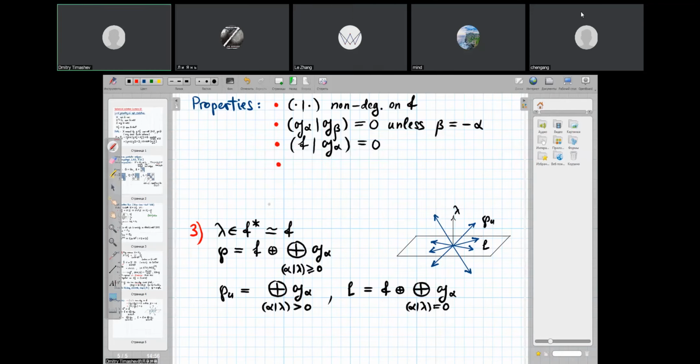Maybe the fourth property, which is important to mention, is that this inner product is real valued, even rational valued. You may even prove that the inner product as we defined is rational valued